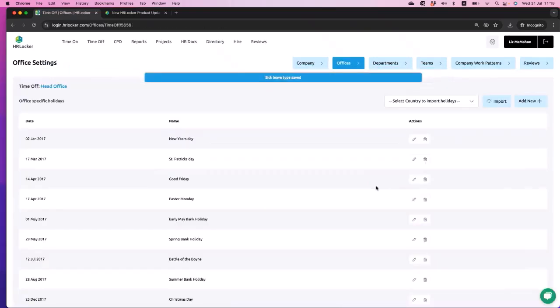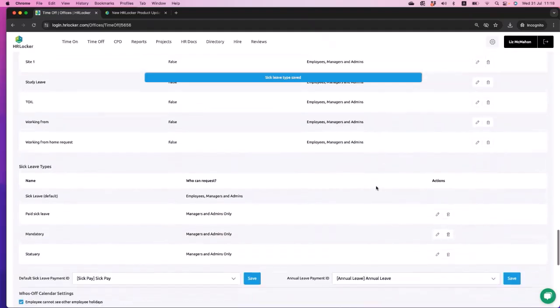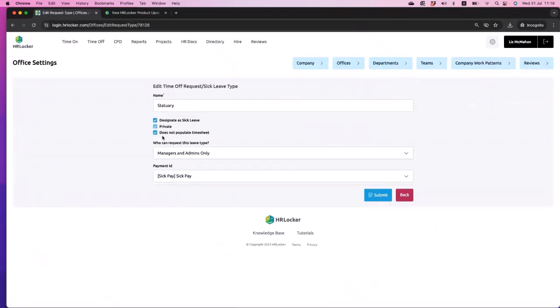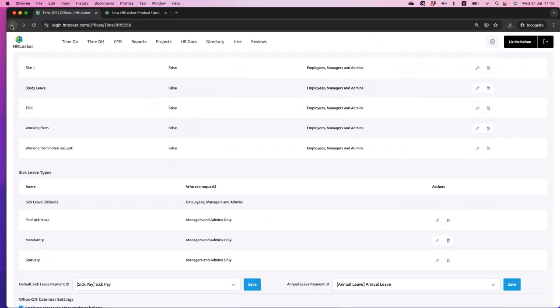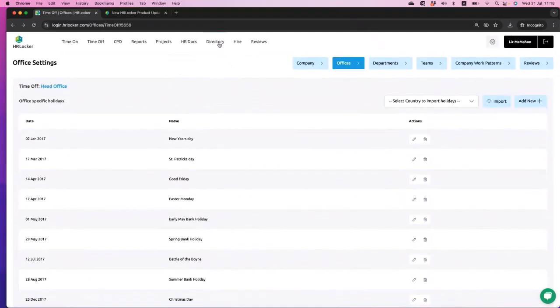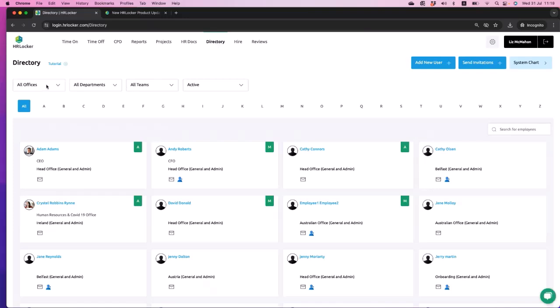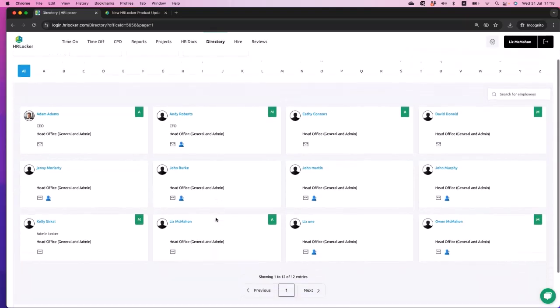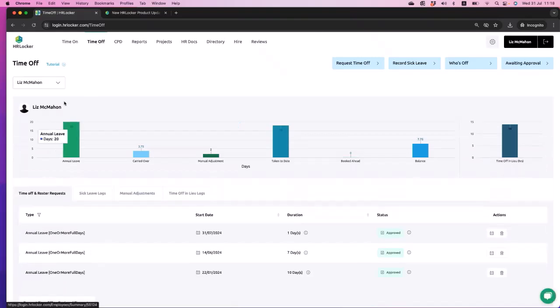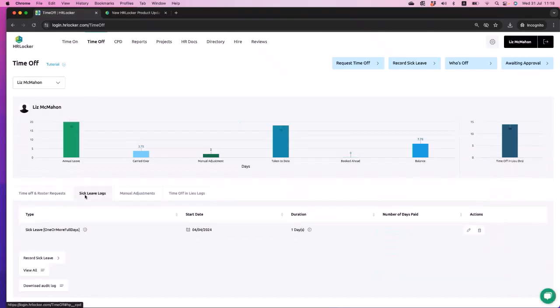All right, so now you'll see when I scroll the whole way down here, in terms of sick leave types, there's the statutory sick leave here. I can do a quick little edit here, for example, if I've done something wrong, that we're going to keep it that way. So this sick leave type has now been assigned to the head office. All right, so if I go into the directory, I just want to make sure who's in the head office. Okay, so if I go into time off, here I am, Liz myself, and sick leave logs,